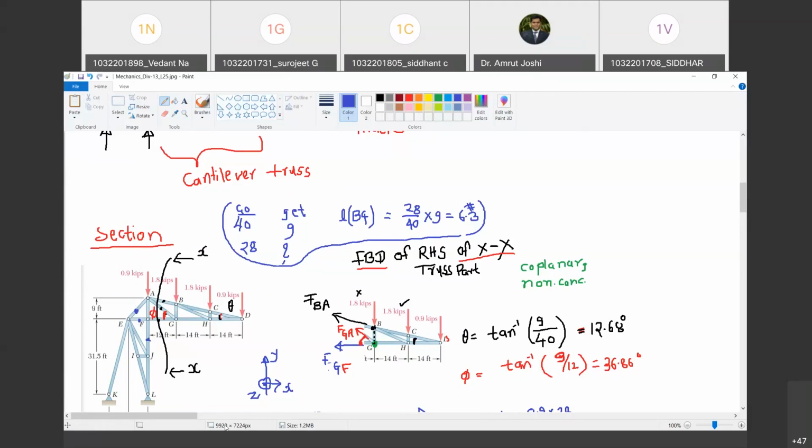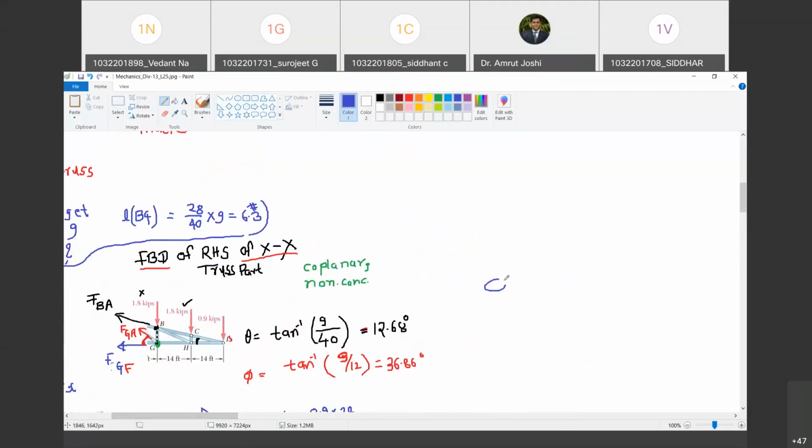Or do one more thing. Imagine that you are wearing a collar here. Are you with me? And just bend your neck towards right. Let us see how it happens. Neck as it bends something like this, due to the collar you will experience compression on this side. Do you agree with me? Yes, sir. And you will feel the tension on the neck on this side. You can do this exercise right now. Turn your head towards right. You will feel tension on one side and compression on other side. Do you agree with me? Yes, sir. So this is compression, this is tension.